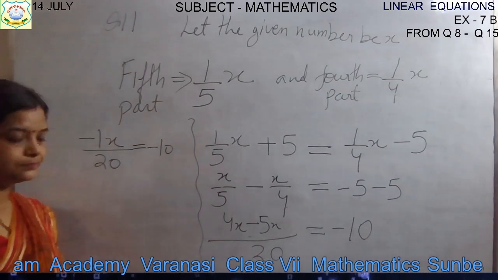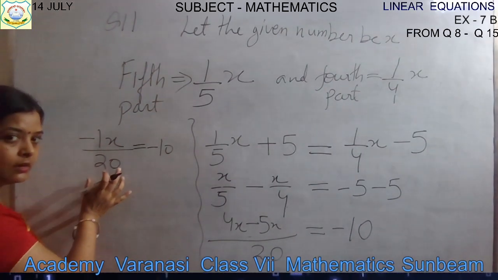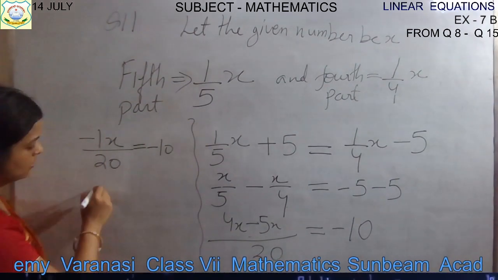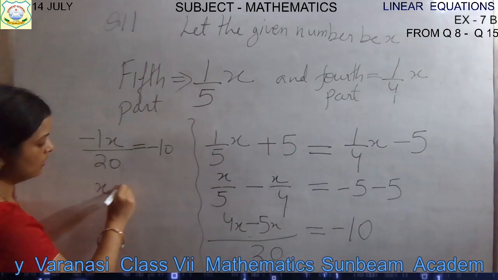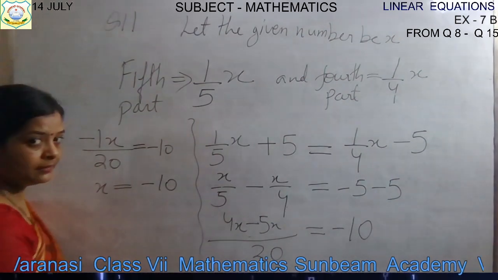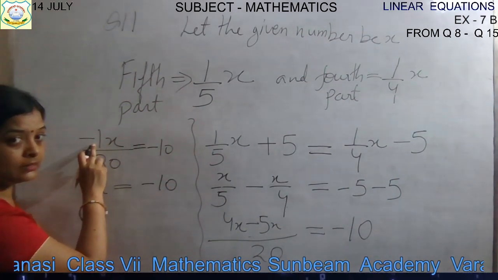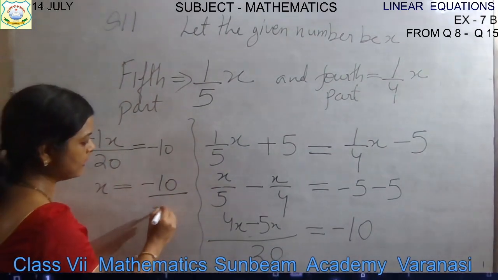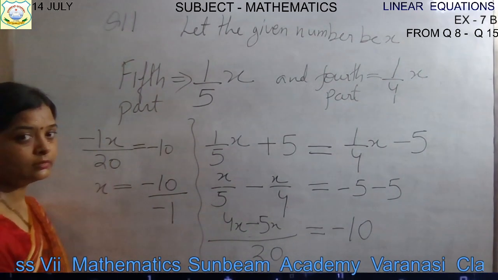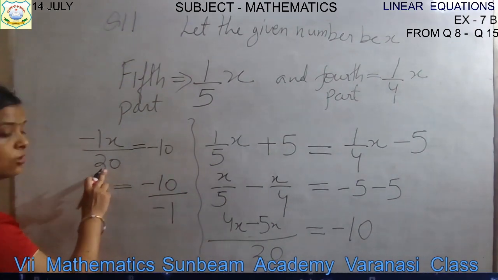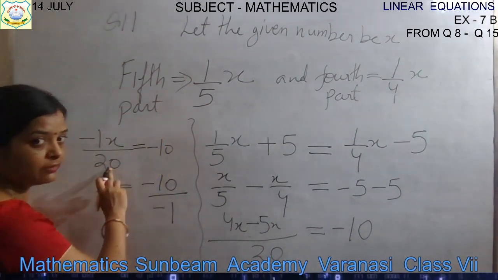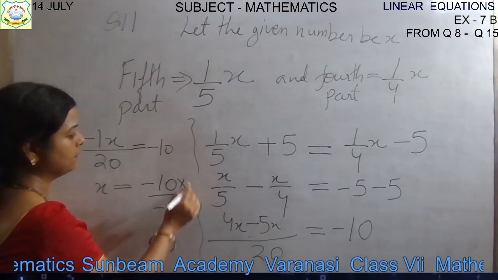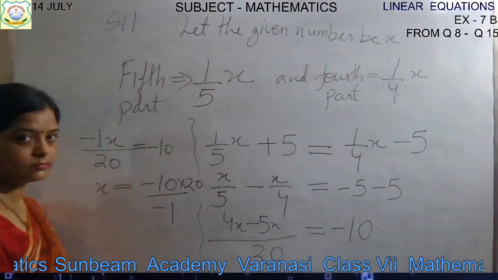Okay. Now transpose the number which is there with x to the RHS. Keep x on this side. Minus 10 is already on that side. This minus 1 is in the numerator, it is in multiplication, so it will go for division. So minus 1 will be transposed to the denominator. And this denominator, when it is transposed to that side, will multiply with the numerator. So 20 will go up. 20. Okay.